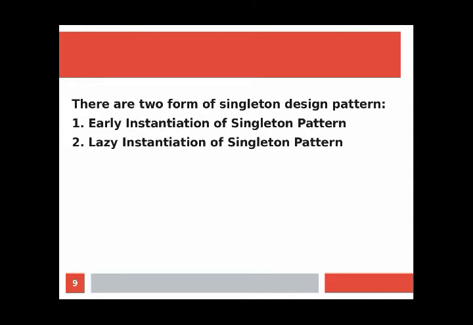There are two forms of singleton design pattern. First one is early instantiation, here creation of instance at load time. And the second point is lazy instantiation, here creation of instance when required. The first is early instantiation of singleton pattern. In such a case, we create the instance of the class at the time of declaring the static data member. So, the instance of the class is created at the time of class loading. Here some examples are given, and we will see the example in which the programming part is also given.